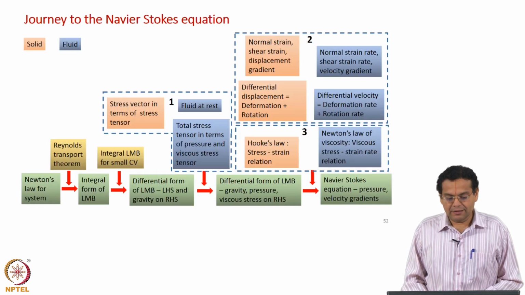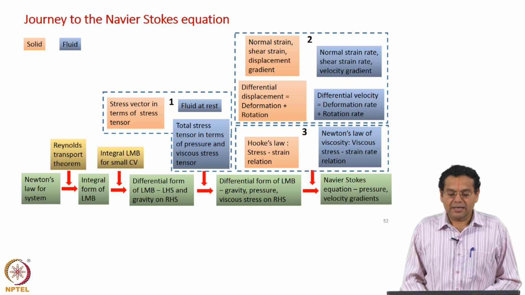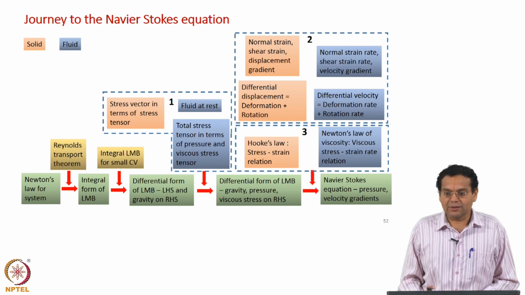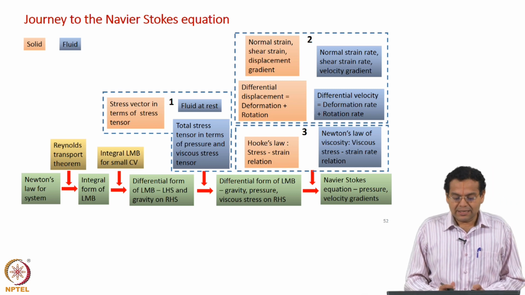Very colorful slide. After several lectures, as I told you, we will derive the differential form of the linear momentum balance, named the Navier-Stokes equation. The authors who derived that, Navier and Stokes, and this slide shows the various steps involved in the derivation, which I fondly call the journey to the Navier-Stokes equation. We are somewhere in the beginning. I will not discuss the entire slide now, you may not understand that. Let me go to the point where we are now.